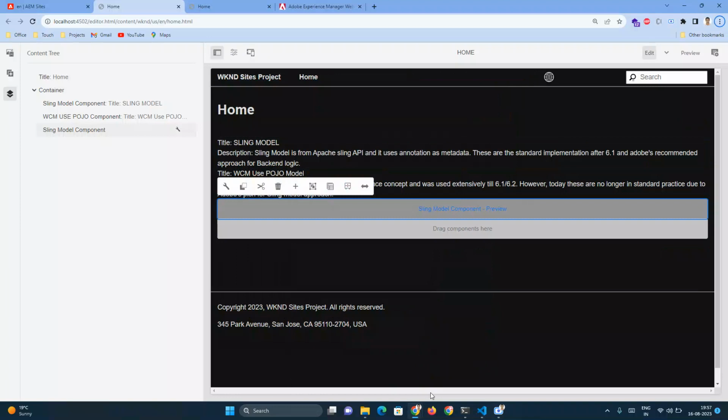Hi, today we are going to discuss how to create a Java class either using the WCMUsePojo model or using the Sling model. When we are creating any AEM component, in most cases we always create a model that could be either a WCMUsePojo model or an Apache Sling model. However, today the recommended approach from Adobe is the Apache Sling model approach, where we rely heavily on